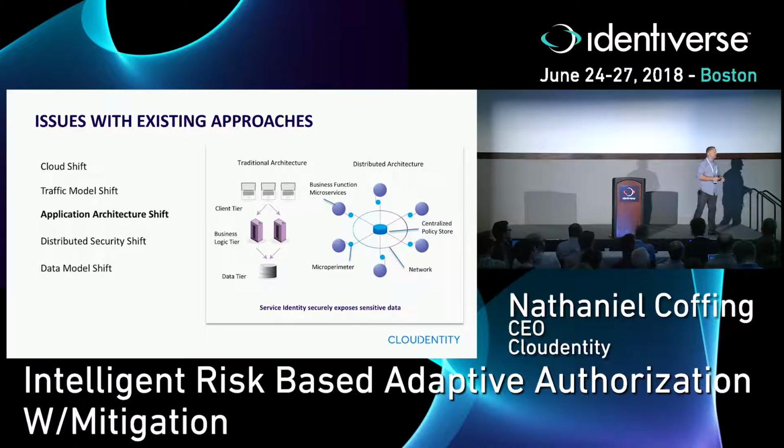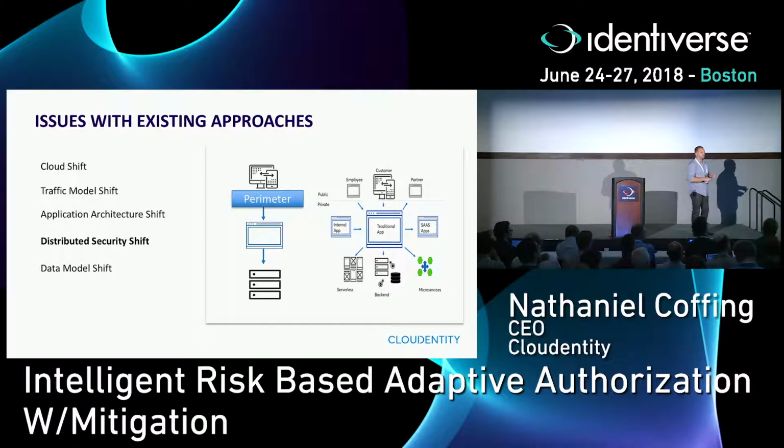Thirdly, there's a massive application architecture shift, right? And this is kind of feeding the first two, where we've gone from that 3-tier app into these distributed microservices, and whether it's serverless functions or containerized microservices, the model's changed entirely, meaning I am pushing all of my functions and replicating them and distributing them across multi-clouds. As part of that, we have that shift in distributed security, right? Going from, again, the perimeter-based app to needing something that's much more app perimeter specific.